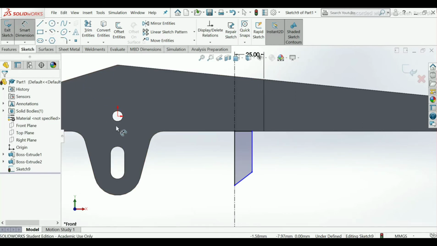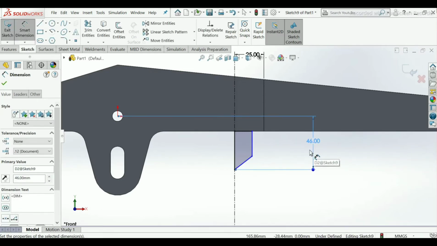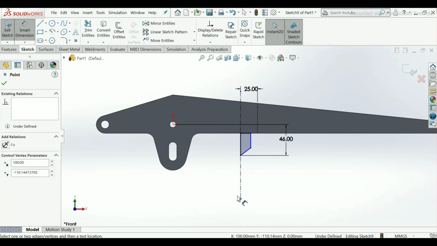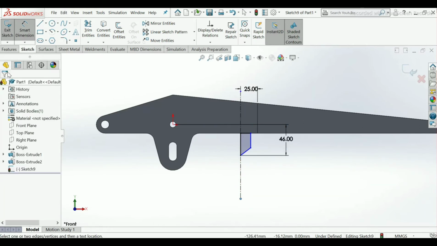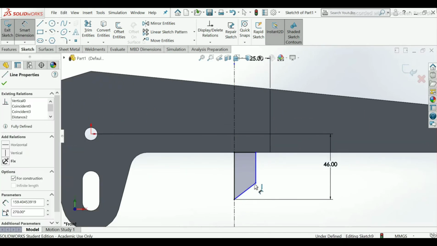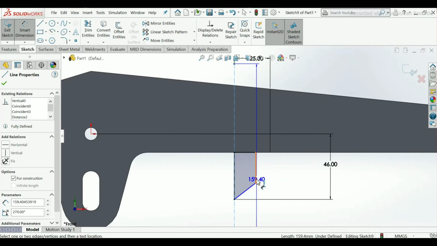Now go to smart dimension, select this line, select this point up to this vertex, make it 46 mm. Select this vertical axis and this line.